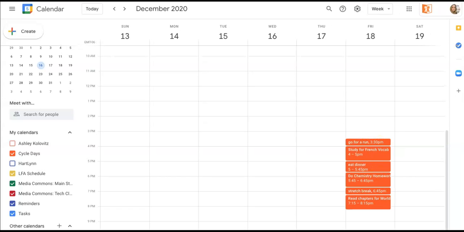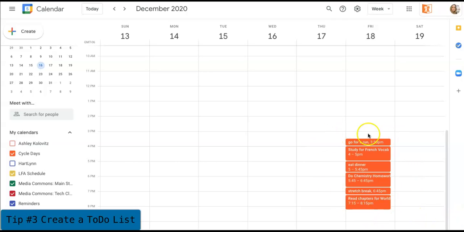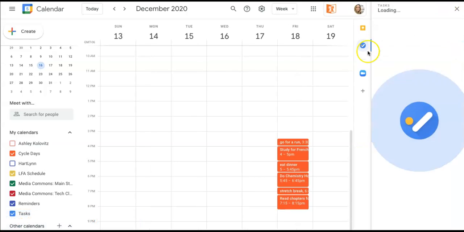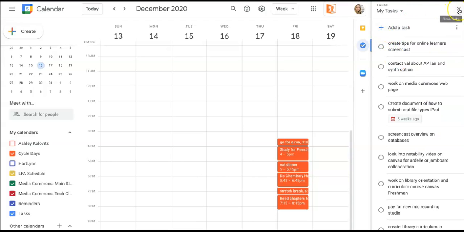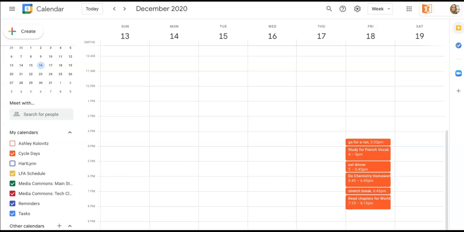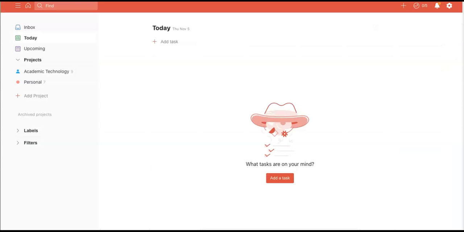Tech tip number 3 would be to create a to-do list. So if you're someone that you know won't be using schedule blocking, then use the to-do list within the Google Calendar under tasks. You can simply add a task here, or you can use a third-party app such as Todoist. So that is